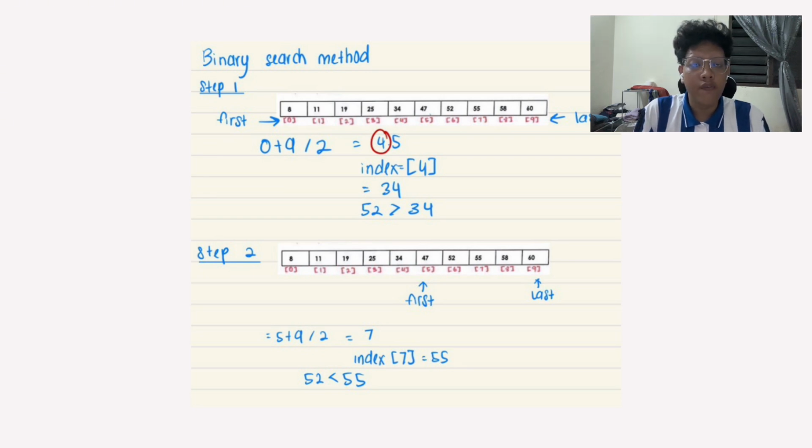After we found the median at the first step, which is 4, and 52 is bigger than 34, you need to take the right side, which is index 5. So index 5 is the first index, and the last index is the same, 9. You need to do the same thing, 5 plus 9 and divide by 2, and then you get 7. Index 7 data is 55. So 52 is smaller than 55. Moving to the next step,